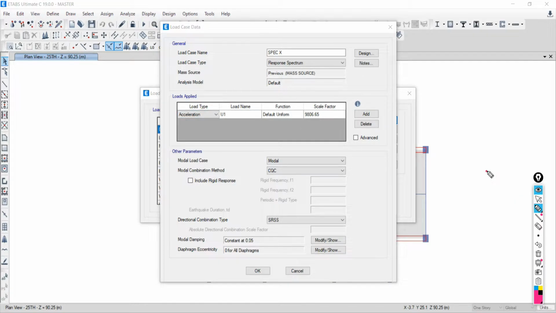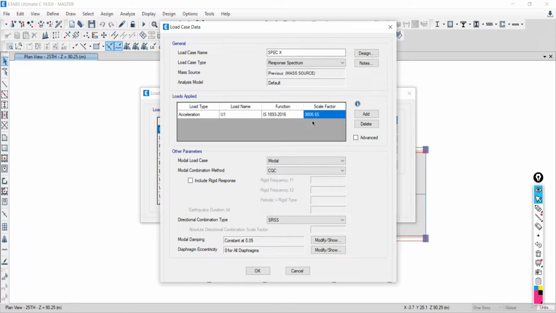And in the software, x direction is considered u1, this direction u2, and vertical u3. So it will be u1, and function will be IS 1893. Here it is asking; if you are not defining the function, it will not be available here. Getting or not? Yes, sir. Check this option, let it be as it is, and go to scale factor. We have to work over this scale factor later. We will come back to this scale factor after performing the analysis.